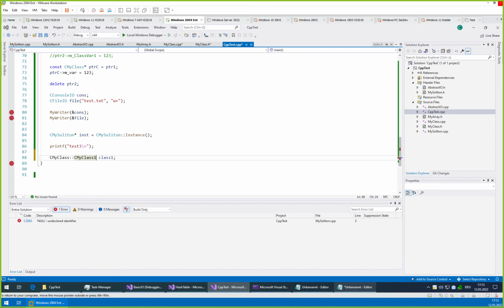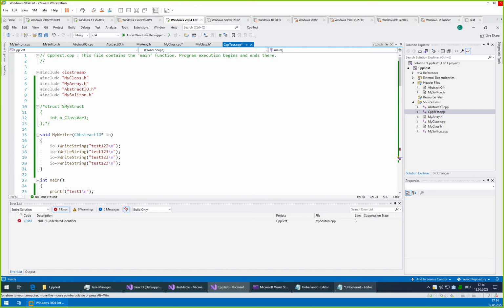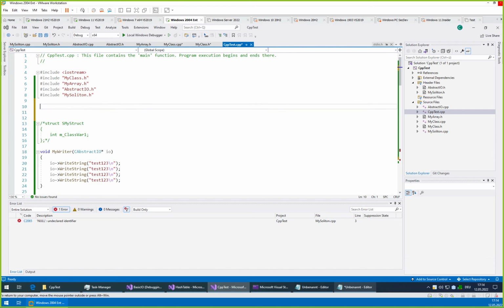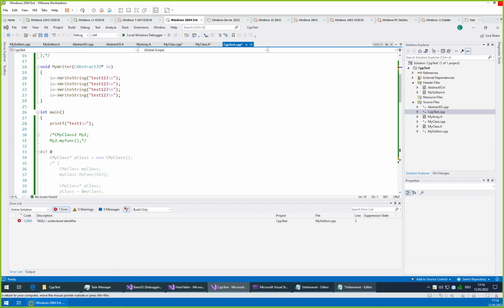This strategy is often used if you need some internal objects within your object, which you don't want to expose to the user of your object. Then you just create them internally as private or protected, and then you can access and use them from all of your internal functions, but they can no longer be used from the outside. And C++ has another mechanism that allows you to do something similar. It's called namespaces. So we can test that as well. Here, let's create a namespace.